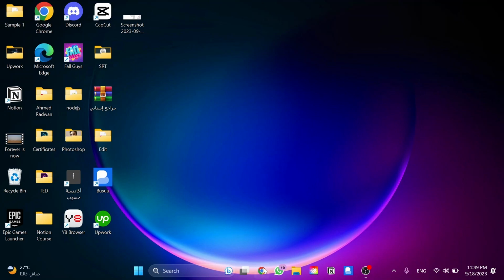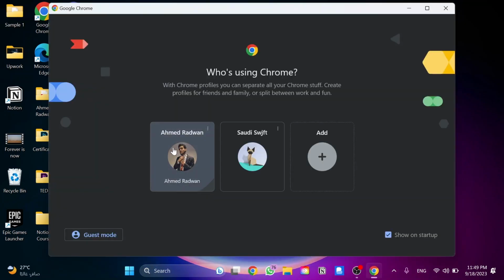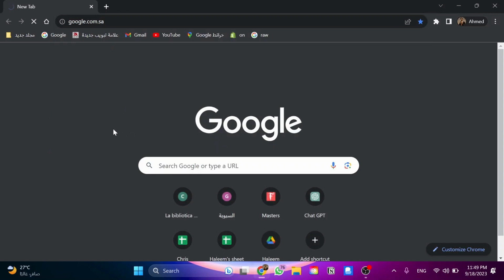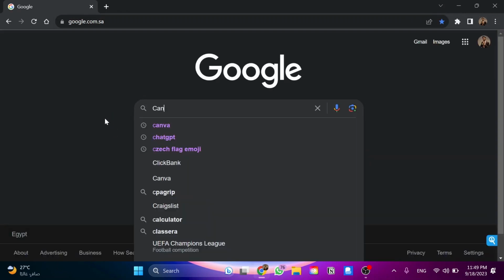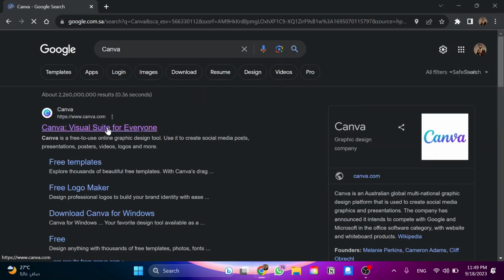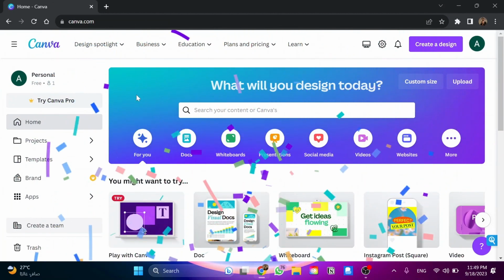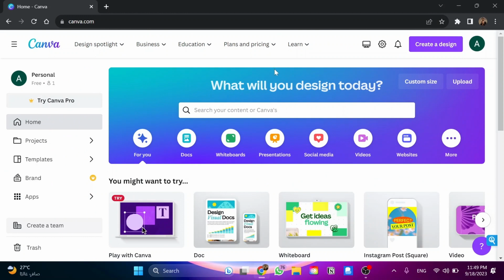So I'm going to use my Google Chrome browser here, and then we need to go and open Google, and then we need to search for Canva. Open this website, www.canva.com. And now once you're here and logged in with your account on Canva, just go and click on Create